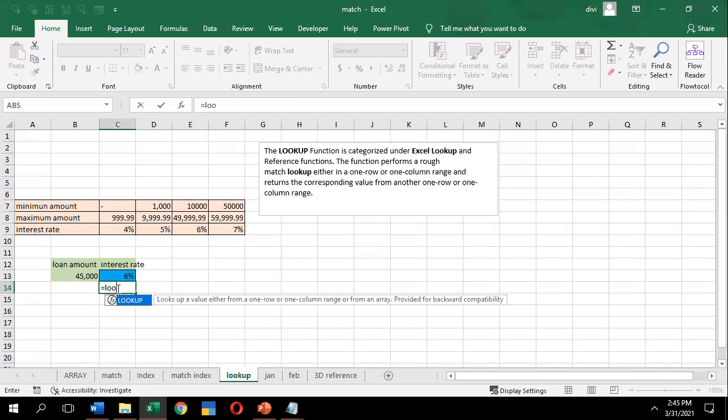How many lookups do we have? Totally 3 types of lookups in our Excel: LOOKUP, VLOOKUP and HLOOKUP. What is the full form of VLOOKUP and HLOOKUP? Can anyone say?